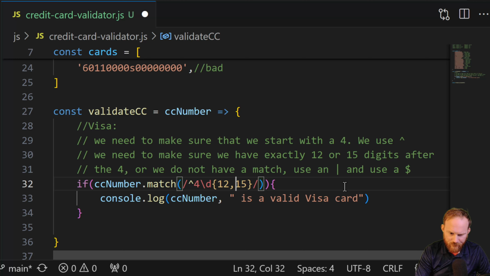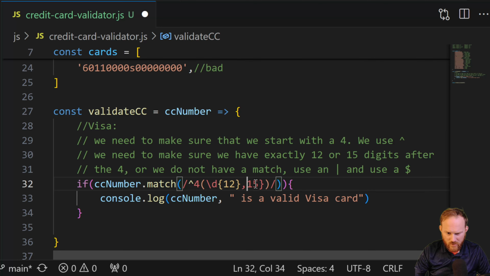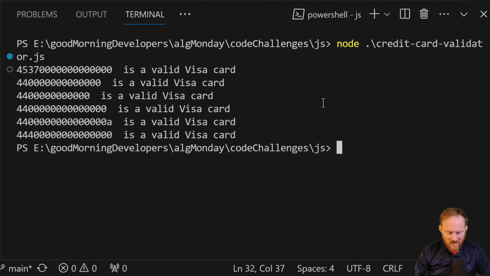Because if we do this, I'm going to put a curly brace there, and I'm going to wrap around this like so. Give me just a second to clean this up here. We're going to have a pipe in there, \d. So what we've got here is, this is our or statement, those parentheses, either 12 digits or 15 digits. Those are the only 2 options. So follow our 4 with 12 digits or 15 digits, but that's not going to be enough,